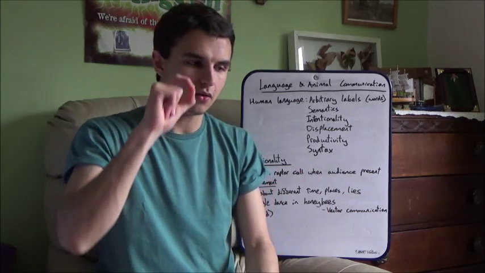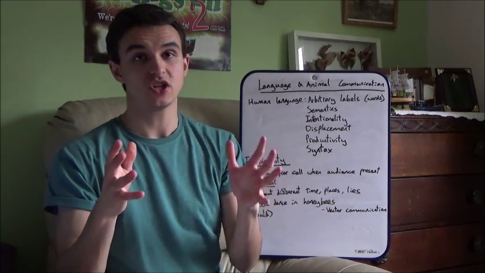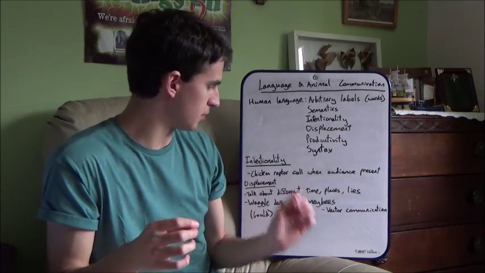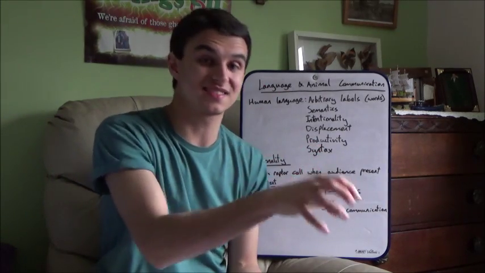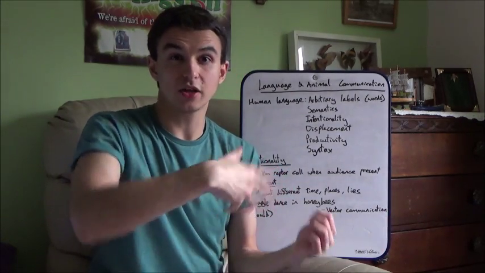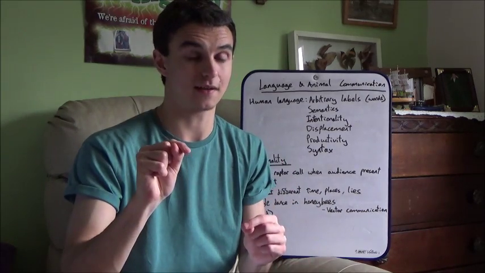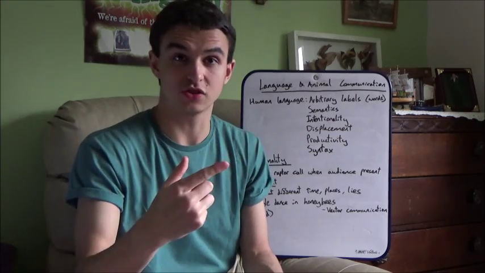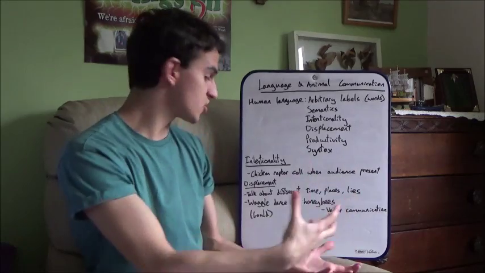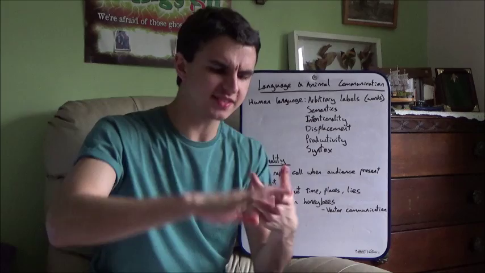Now, what's important and why this shows displacement is that waggle dances can be shown to communicate different things. For example, if bees find a new nest site, then the bee will come back, do the waggle dance, and communicate where that nest site is. So this isn't communicating about a good food resource. It's communicating about where it should move house to. So, situational freedom here.